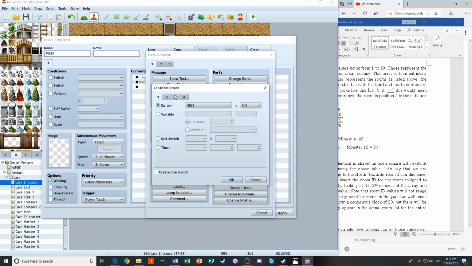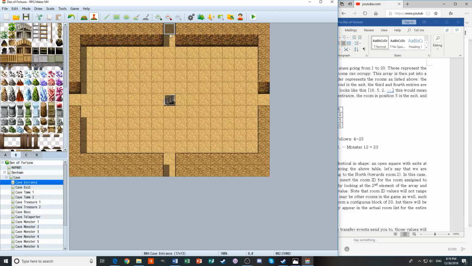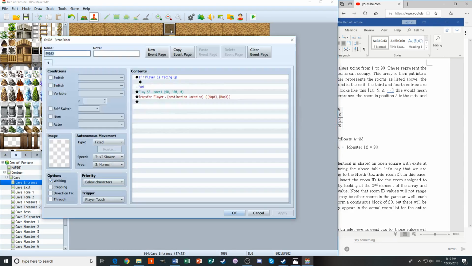Conditional branch, if player is facing up. If player is facing up, that means that we're going north. Right? Because if we look at these, there's only one way you can be facing in any of these 4 squares. So if they're facing up,